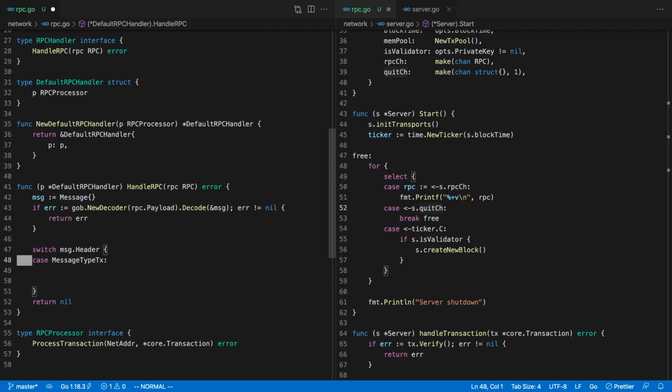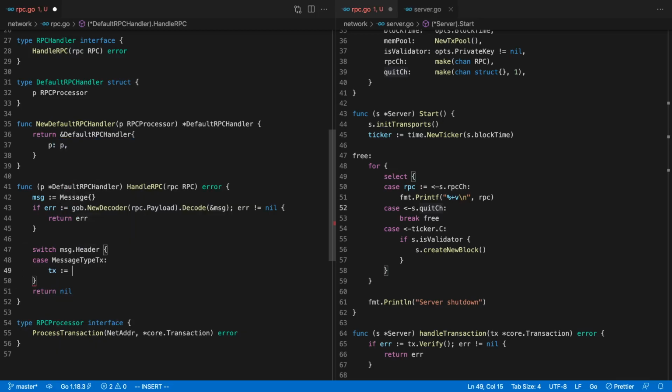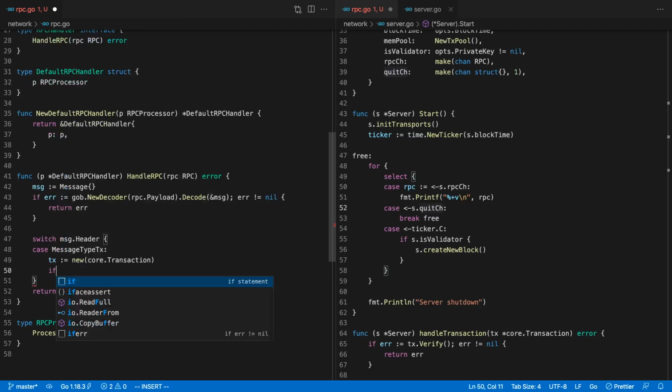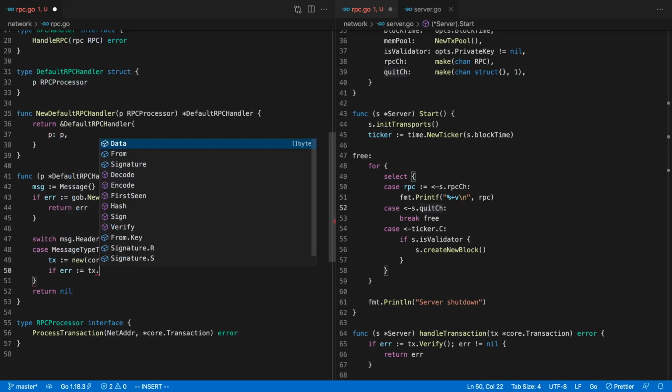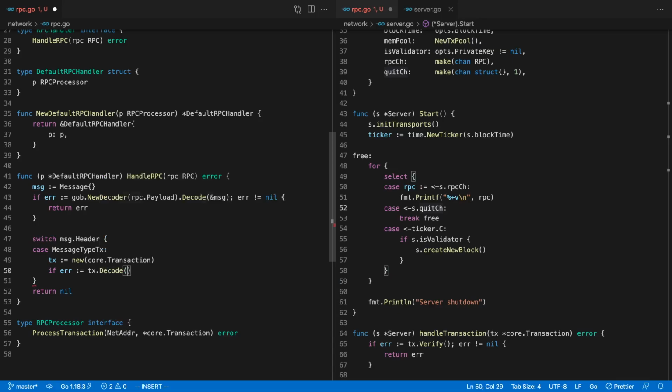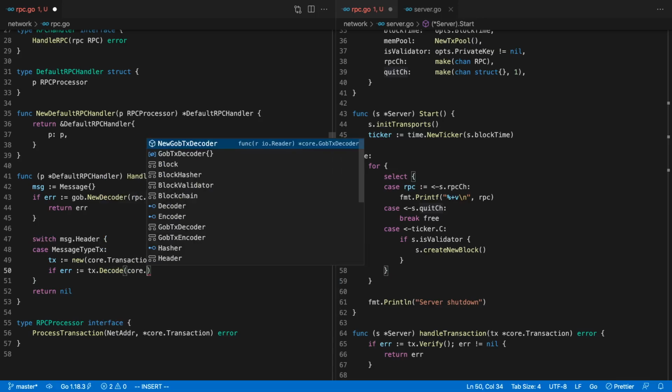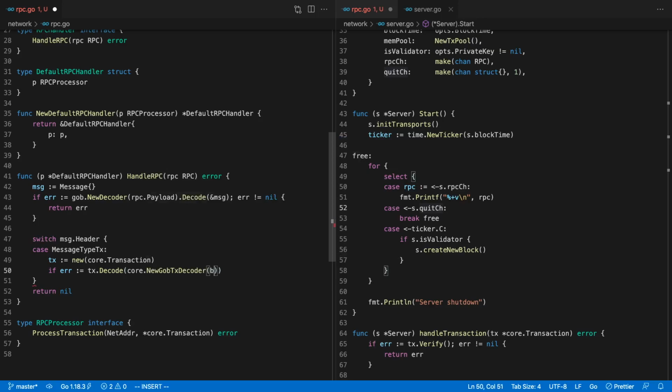Okay, so here we're gonna handle. We're gonna decode the message. So we know what the header is, and if we know what the header is, the message type, we can act accordingly. So we say the tx is going to be new core transaction. And then we say tx.decode, core.NewDecoder. We give it message.data,